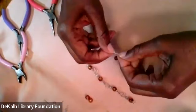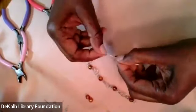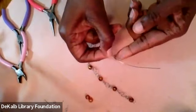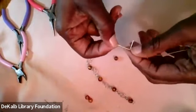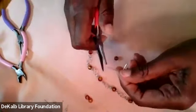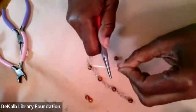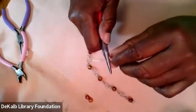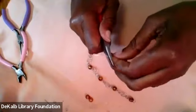Now what I'm going to do is go down about 1/2 inch from the bottom. And I'm going to bend that tail up and away from the other wire, like so. Just the short tail, just bending that up. Then I'm going to take my flat pliers and grasp both of my wires. Make sure they're nicely grasped in your pliers. And I'm going to wrap that short tail around the long tail. So nice and easy, just wrap that around once